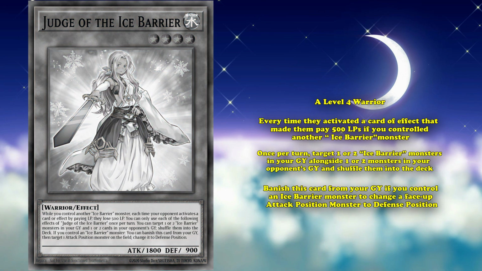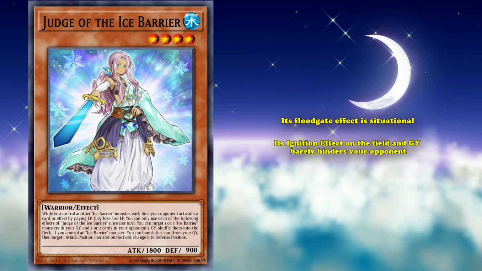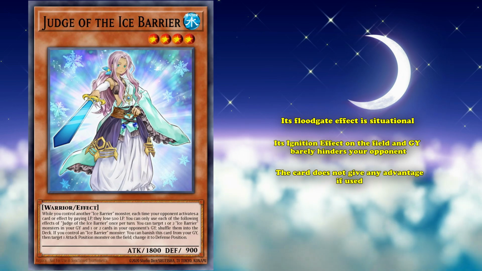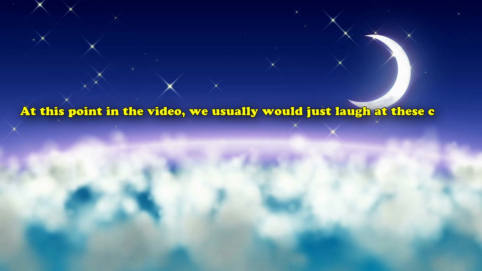Furthermore, you can never play this card, as its floodgate effect is situational. Its ignition effect on the field and graveyard barely hinders your opponent, so it doesn't contribute as an extender or a starter. The card doesn't give any advantage of its use, and it's best avoided in any build of Ice Barrier. Now, at this point in the video, we usually would just laugh at these cards and call it a